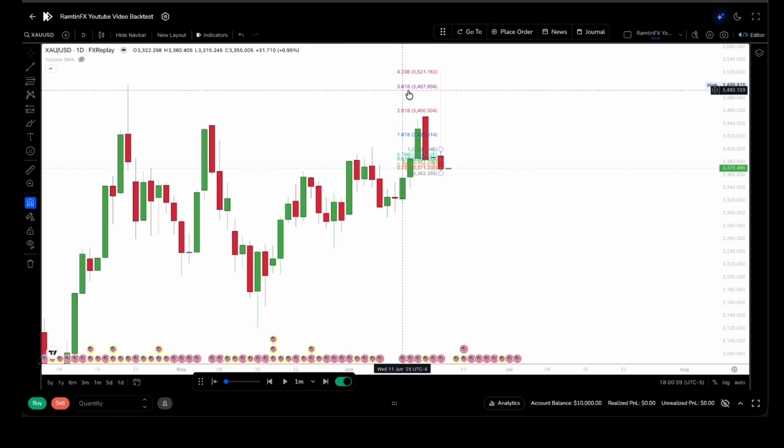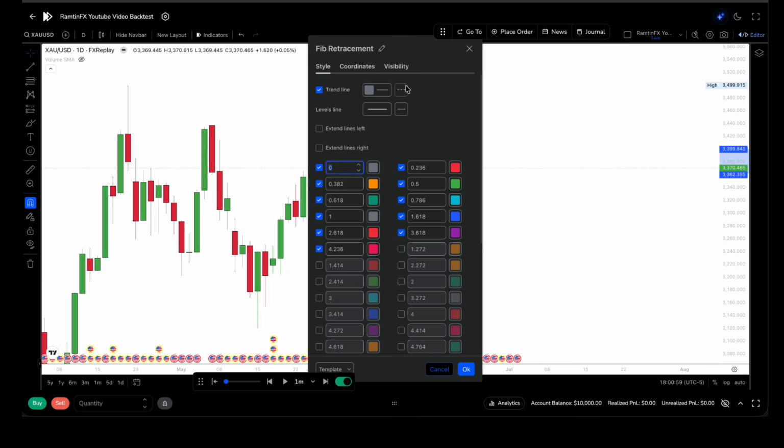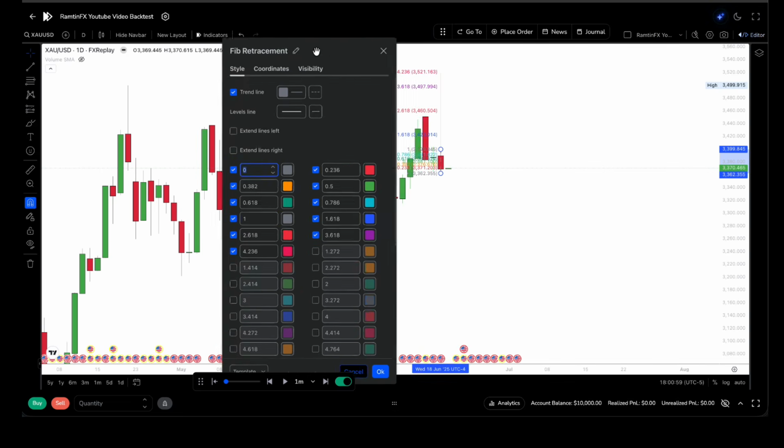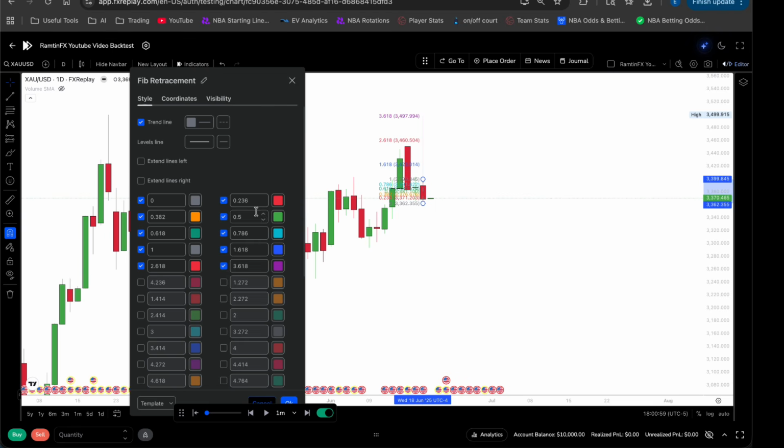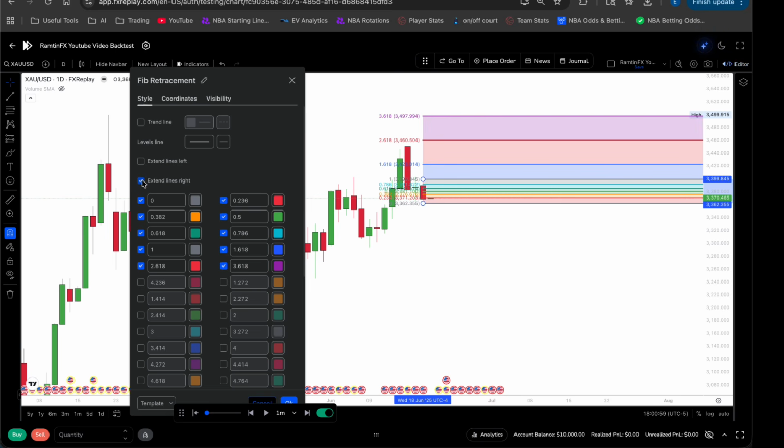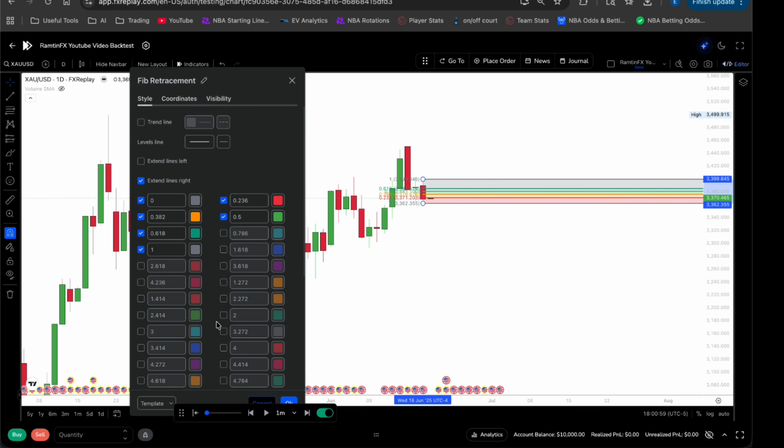Now, don't worry about how this Fibonacci tool looks now because we're going to double click on it and set it up so that it looks a lot better. First things first, starting from the top, we're going to uncheck this trend line box. We're going to click on the extend lines right box, and we only need 6 fib levels, so we are going to uncheck the rest of them. So we need the 0 and the 1, and we're just going to keep these 6 levels here, and uncheck the rest of the boxes. It doesn't matter exactly which 6 levels you have right now